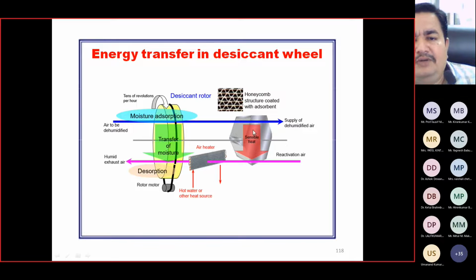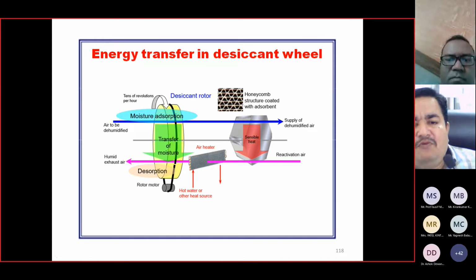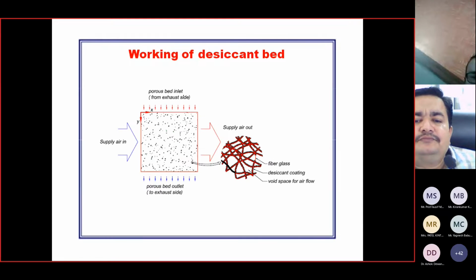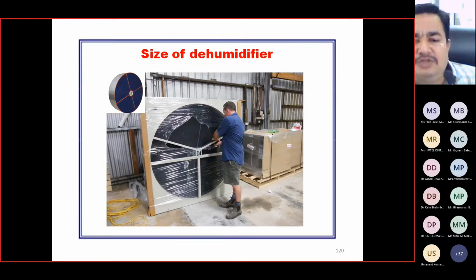The fluid channels are shown to be of a honeycomb shape, or you can say triangular or sinusoidal. Different research is going on into which kind of matrix will perform better, what the description of the bed will be, and how the moisture will be removed. The size of the desiccant depends on the requirement and application. Here the size of the desiccant may be higher than the height of a human being, as per requirement.